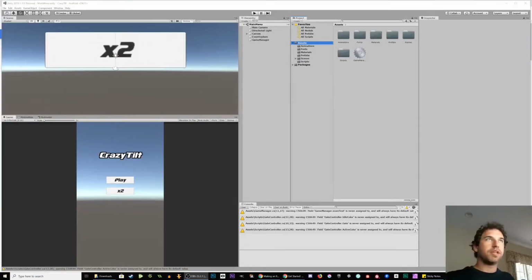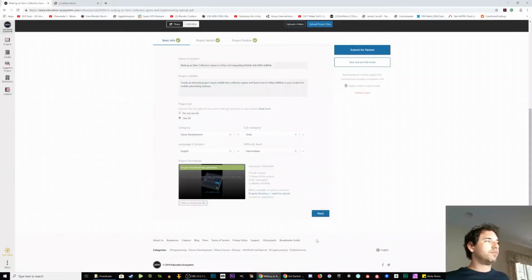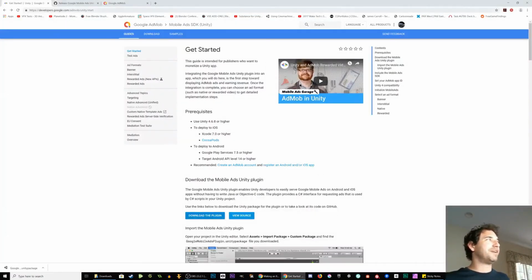Hey guys, welcome to section 2.1 of our creating an item collection game and integrating mobile ads with AdMob. Make sure that you have your project open and then open a browser. Go to developers.google.com/admob/unity/start, and this is going to give you a getting started page. When you get here, you want to right click and open in a new tab, download the plugin,